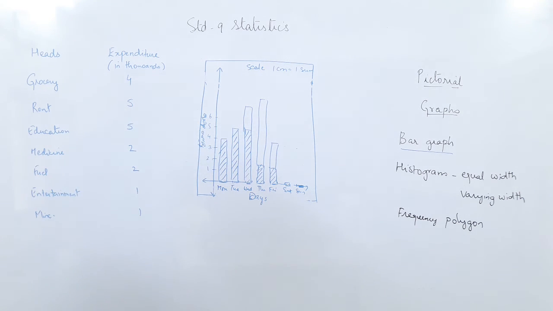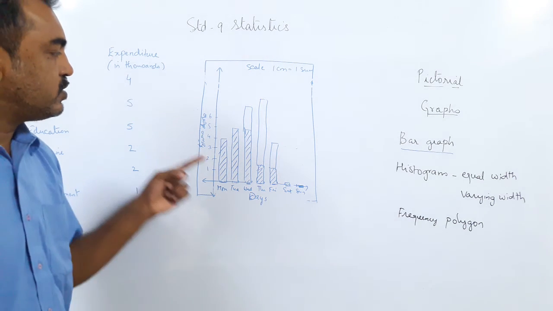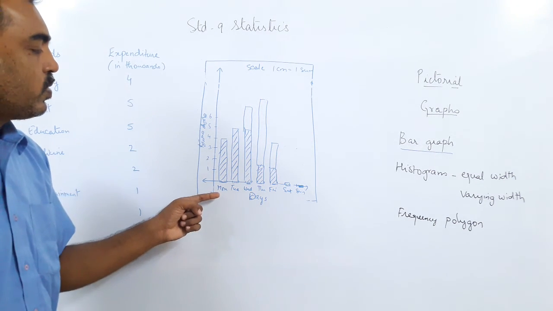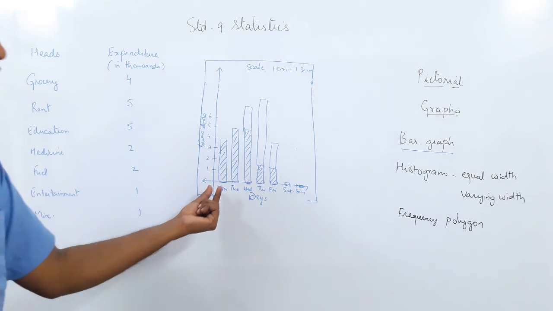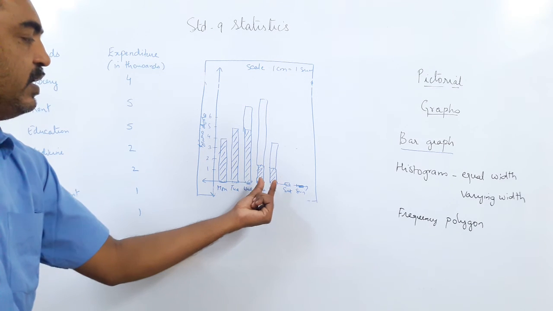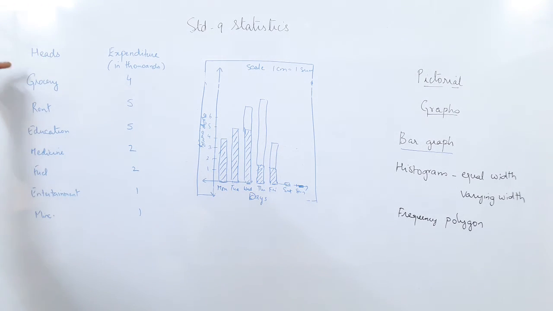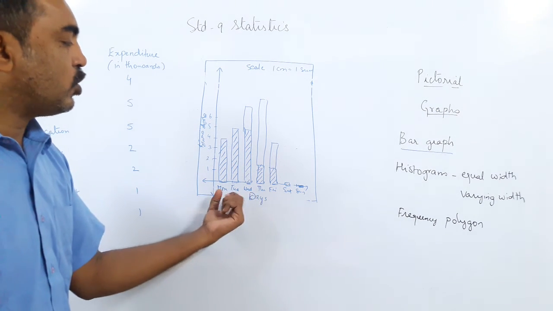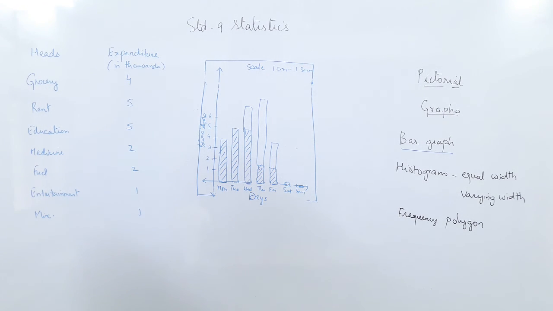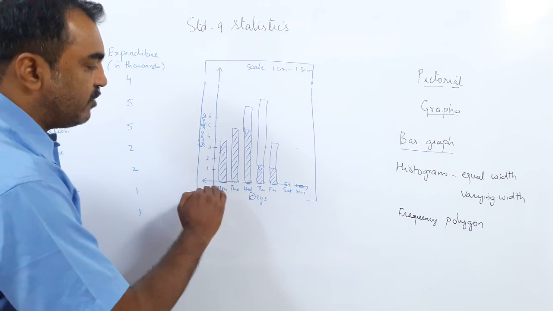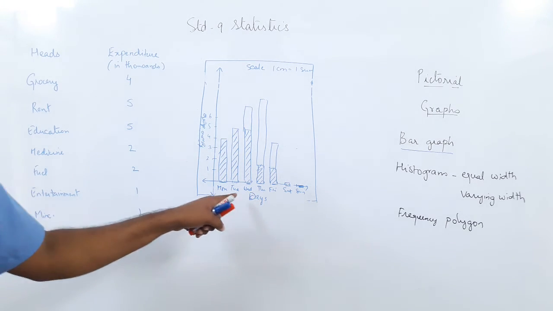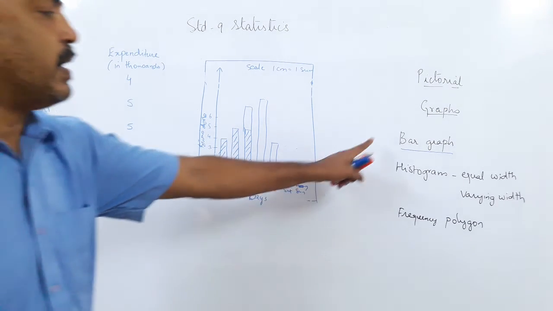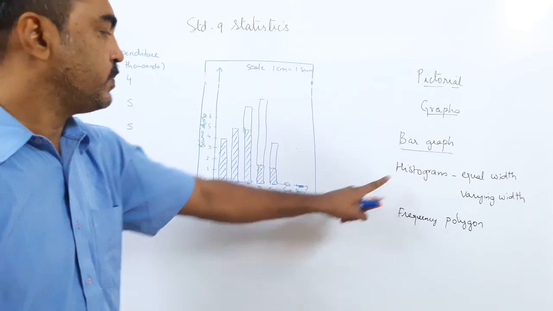So bars are very easy to read, and the homework I had given to you was the number of sums that you do in the days of the week. As you can see, the bar graph is very convenient when we have non-numeric data, or discontinuous or discrete data. But if we have numeric values which are continuous in nature, then we cannot use a bar graph. We move to the histogram.